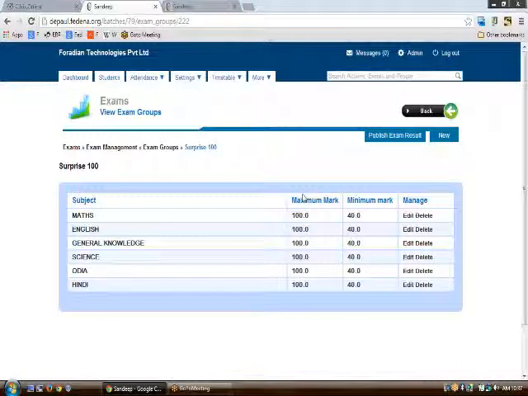You need to enter the marks like this for all of the subjects, going into each of these links, and after having done this, you need to publish the exam result here.